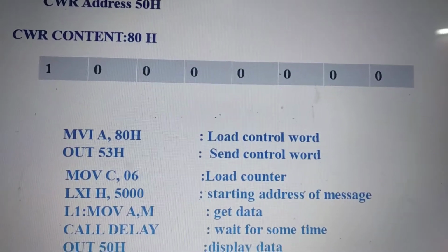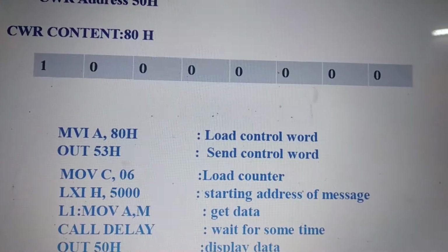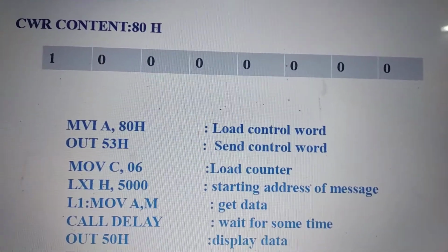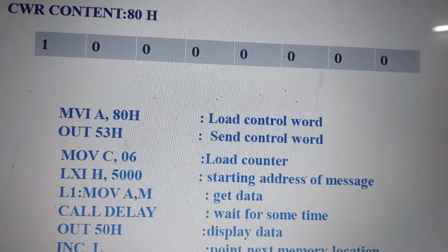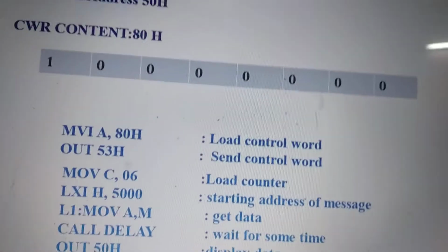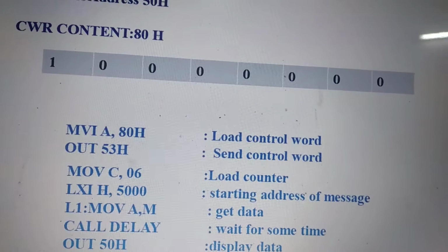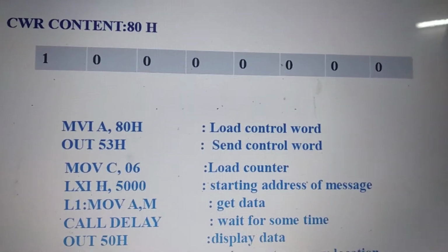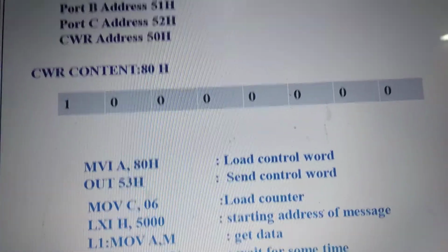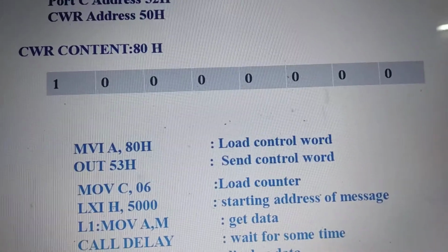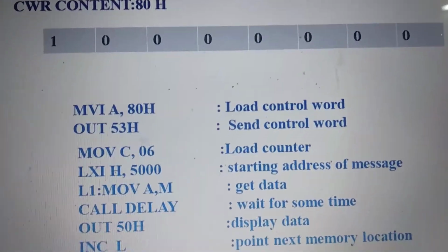Nothing else is mentioned in the question, so by default all the ports will remain output ports and will be 0. Only if it is an input port will we write it as 1. No handshaking signals or any other signals are mentioned, so it will be input output mode, mode 0. So if we write down the CWR register content, it will be 80 hex.